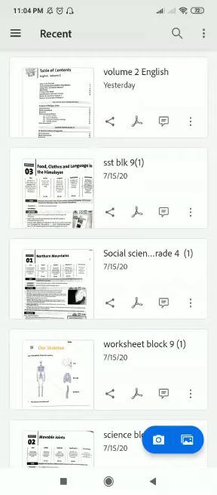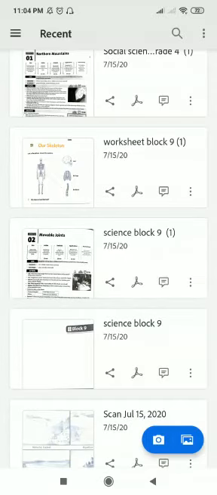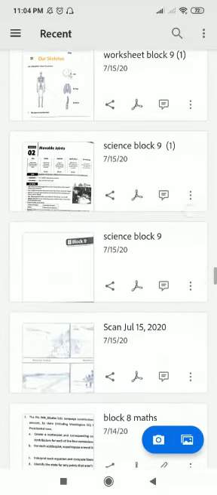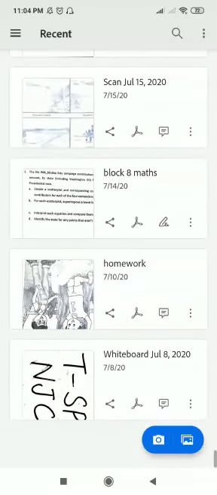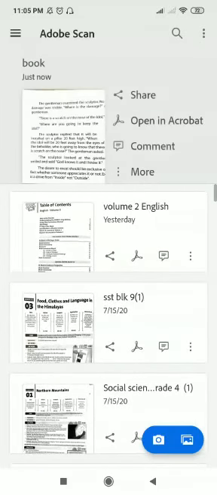Volume 2 English, Social Science Block 9. So I can rename it according to my choice, and it will save all the documents in the cloud, which is very safe and secure. And later also you can use these documents to be shared by anyone. You can reduce the space, save on the memory of your phone. We have different options like the whiteboard, the books to be scanned, the document, a visiting card, all these can be saved. At the same time, you may also use any previous photographs in your phone. You can use the Adobe Scan option to amend those photographs as well, to clear or rescan them and send. So now the text is ready to be shared.